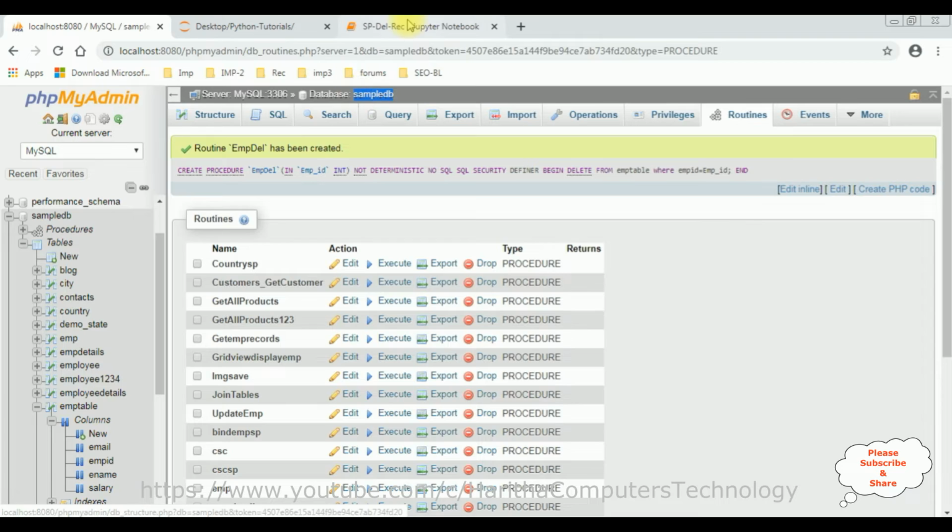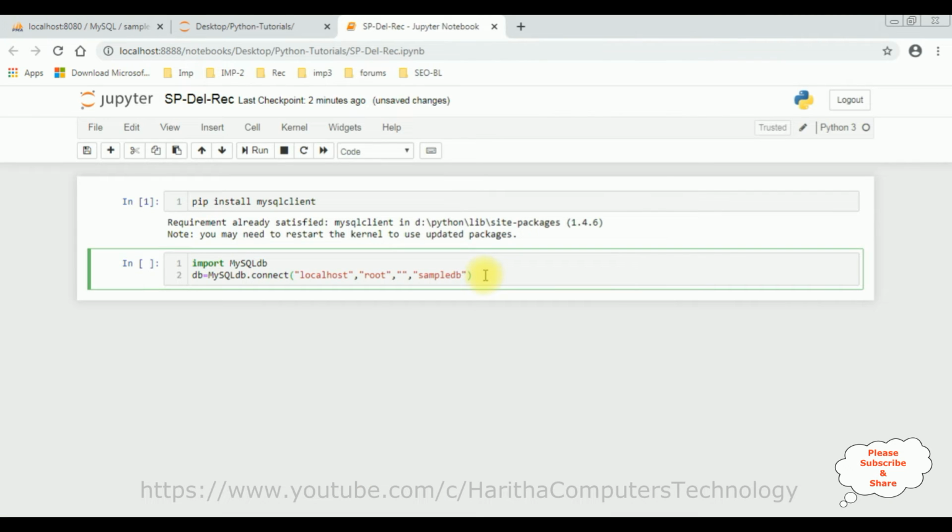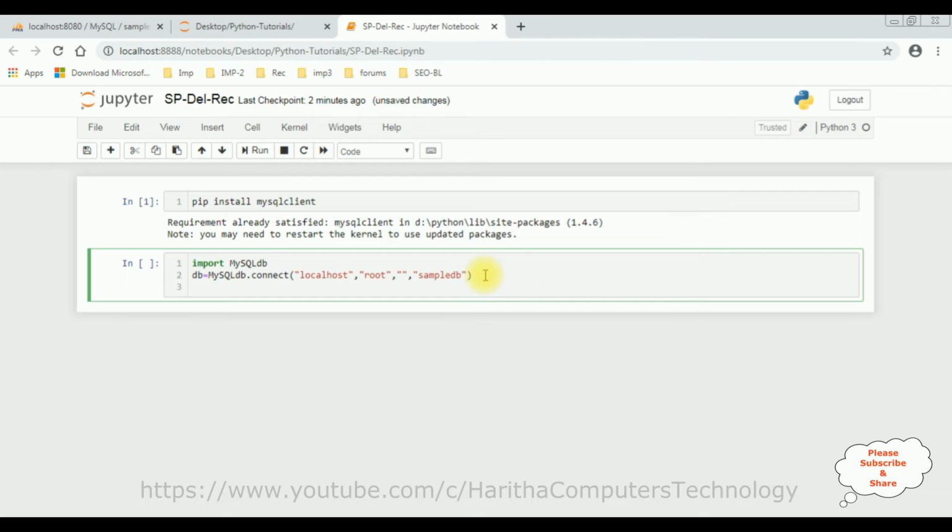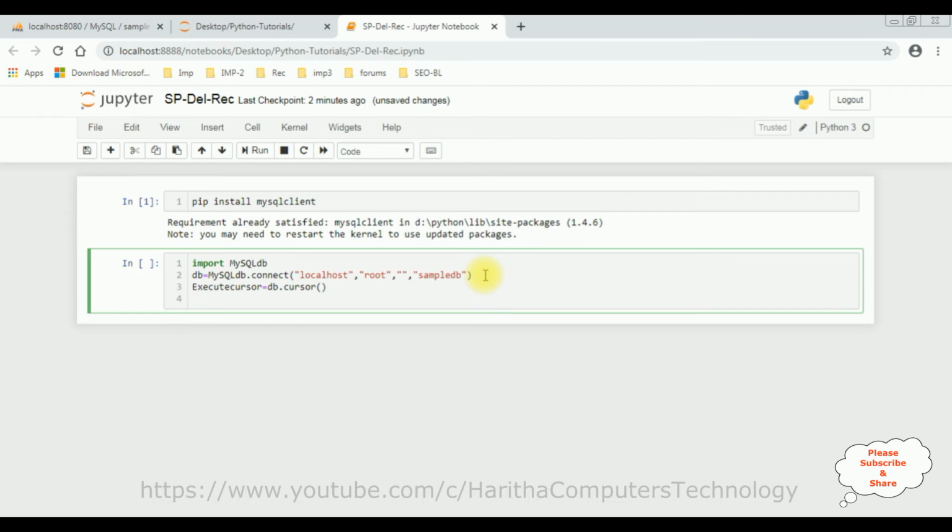Let's copy this one and paste between these double quotes. Once we got the connection string, next we have to call and execute the stored procedure using the cursor method. So let's declare the variable execute cursor is equals to db.cursor method. Then execute cursor is equals dot